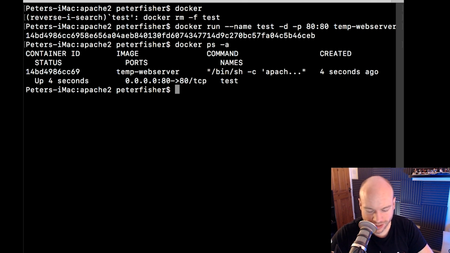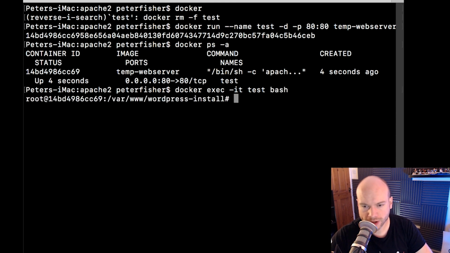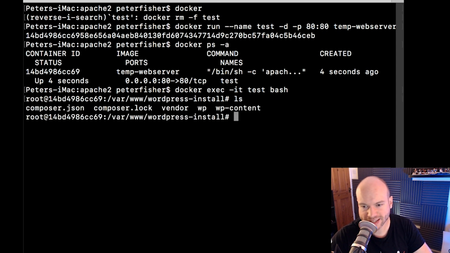So now I can do docker exec -it, and I called it test, and we're going to go in as bash. Okay, so because I changed the working directory, we're now in the installation folder, or the WordPress folder. If I did ls, we now have all the bits and pieces that we've created through Composer, which is fantastic